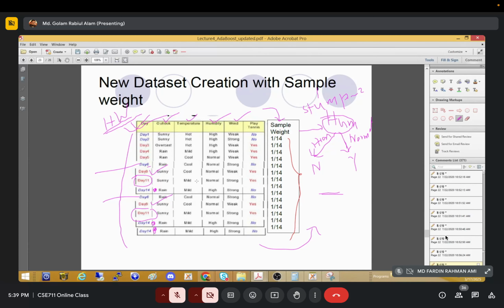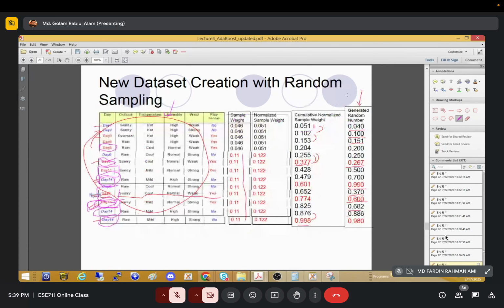Because we just generate some random numbers here. How will the generated random numbers ensure this? Specifically, the generated random numbers and the cumulative weighted sample, the cooperation between these two ensures that the misclassified instances will be copied more times in our new data